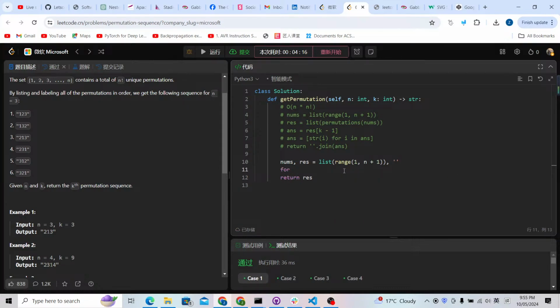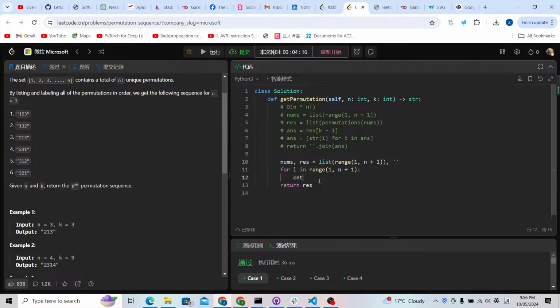Now I'm going to check all the possible numbers. So for I in range 1 to n plus 1,